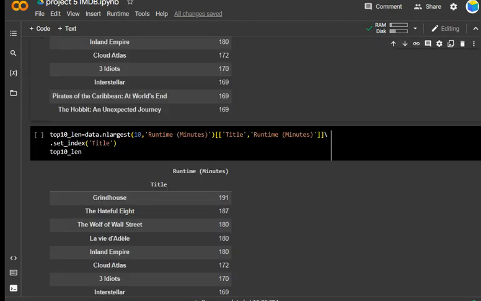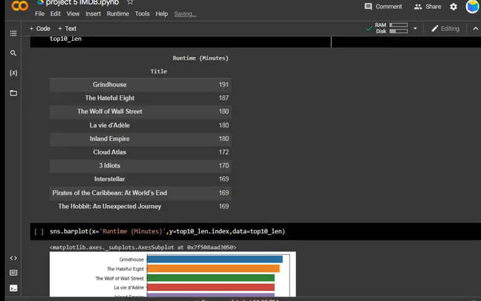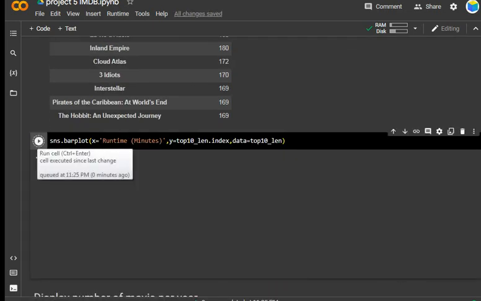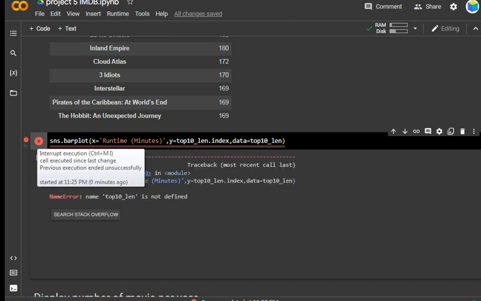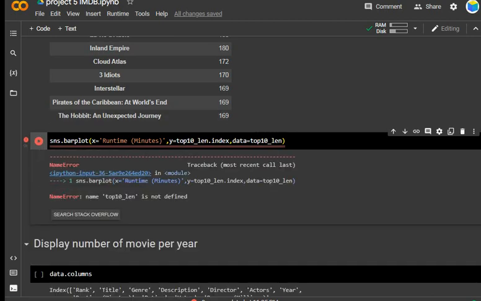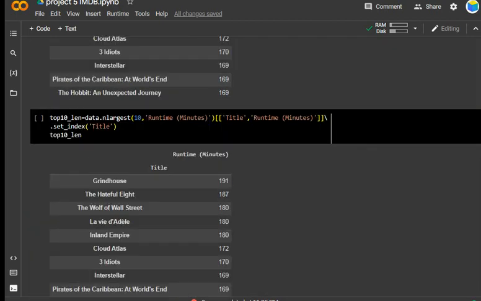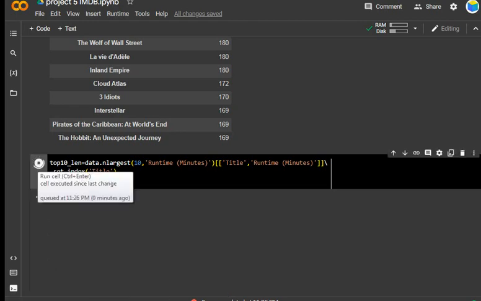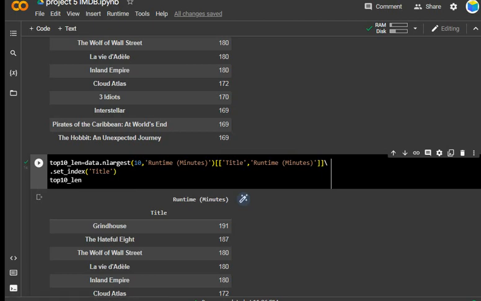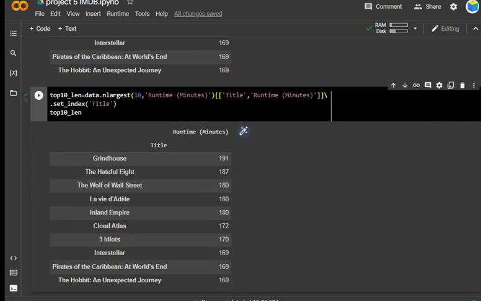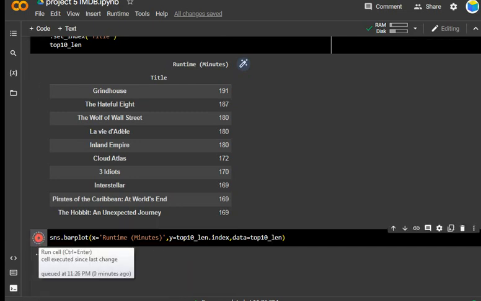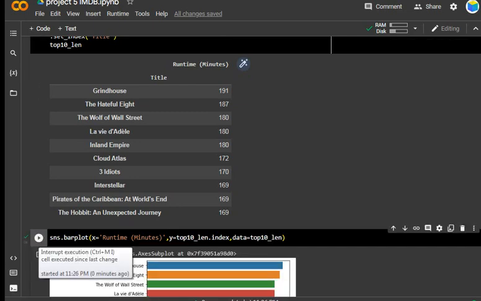Now in the same way, after runtime I need to plot. So X is the runtime minutes. So look here, I can plot. Before plotting you need to do this one. Here minutes has been given, and then I will do this one, top 10 length has been given here. So look here,